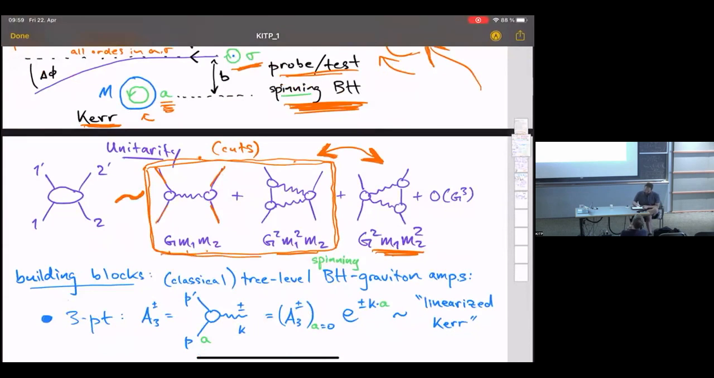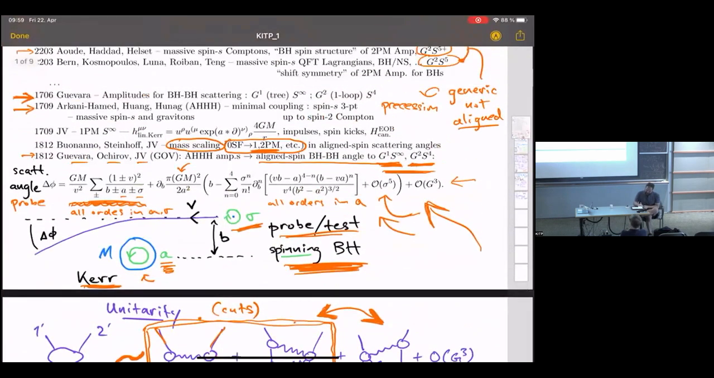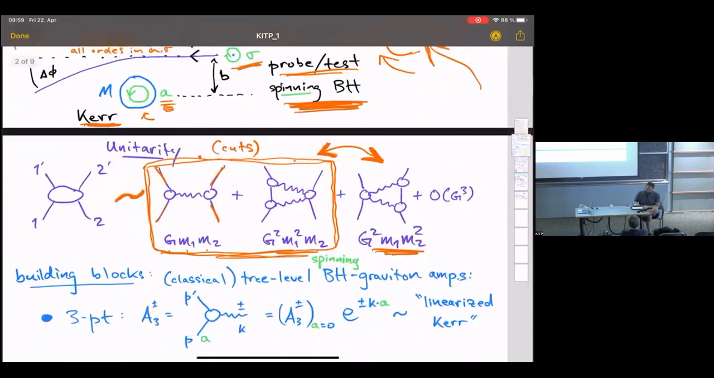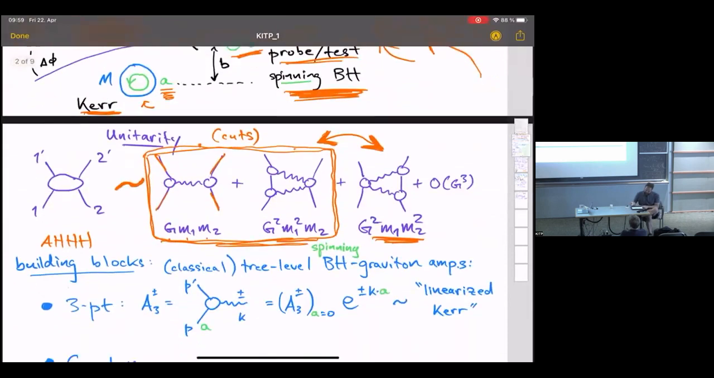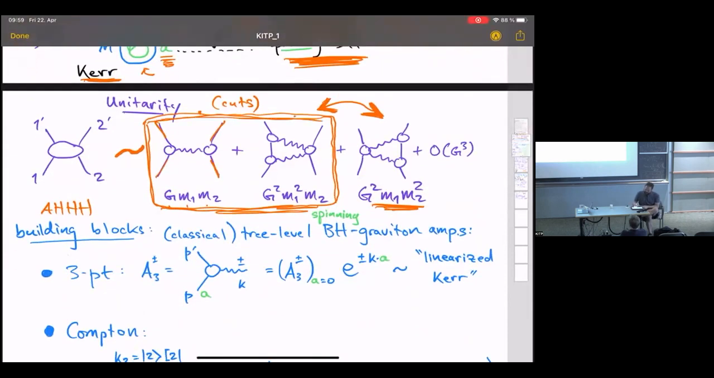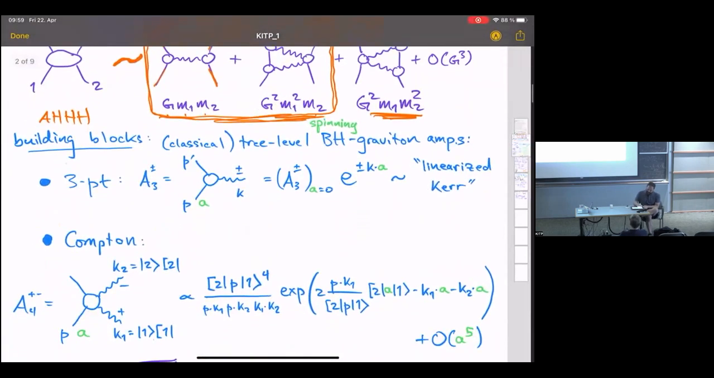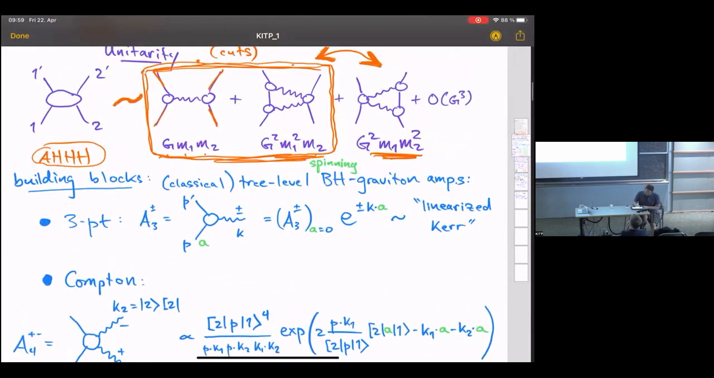Okay, more about what Alfredo started putting together using building block amplitudes from Arkani-Hamed, Huang, and Huang. That's this paper right here. So Alfredo built his unitarity cuts, which I'm drawing up here, the tree level one graviton exchange, the one loop triangle cuts, from basic building blocks that were discussed by Nima et al. I said these are cuts